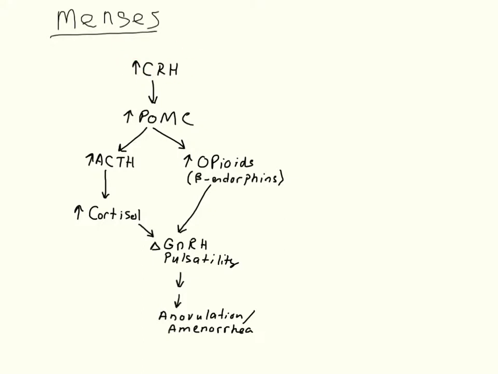In which case, anytime you have an increase in either CRH or ACTH, ACTH is produced from the cleavage of a protein called pro-opiomelanocortin. Pro-opiomelanocortin also contains cleavage products that become endorphins. Endorphins will also change the pulsatility of gonadotropin-releasing hormone and change its impact on the anterior pituitary. So with Addison's,